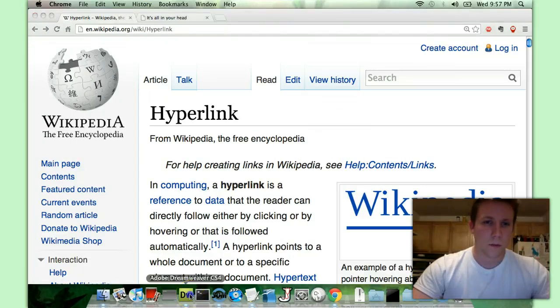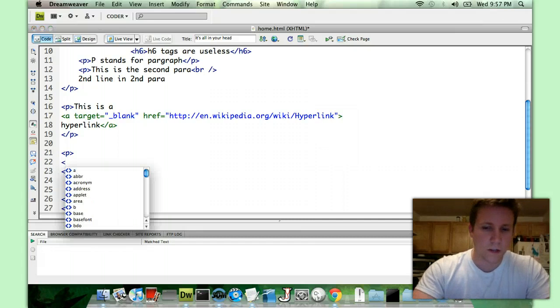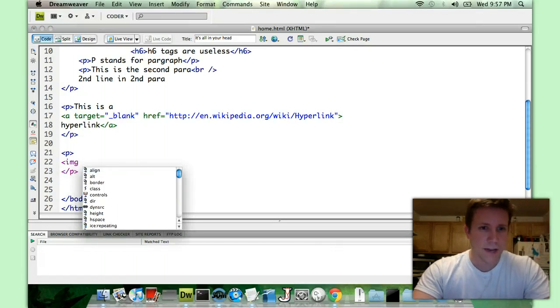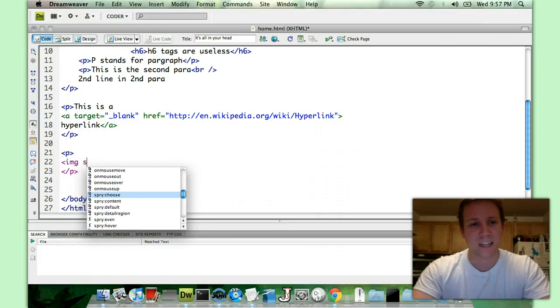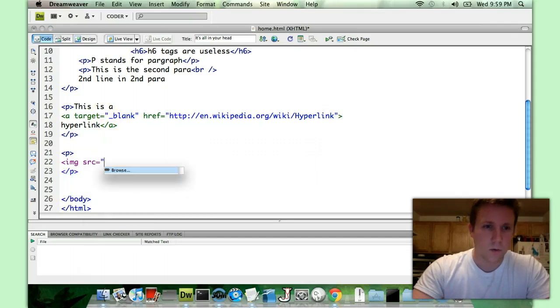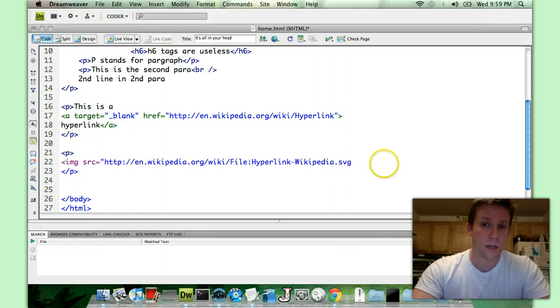Okay, so go back into your HTML document, and you see I opened up a new paragraph. What you're going to do is you're going to start the tag and type in IMG, stands for image, and tons of things you can do with images, but definitely memorize this, SRC. Okay? And then, just like the hyperlink, it's equal double quote, and then within the double quote is the path to the image. For some reason that did not copy